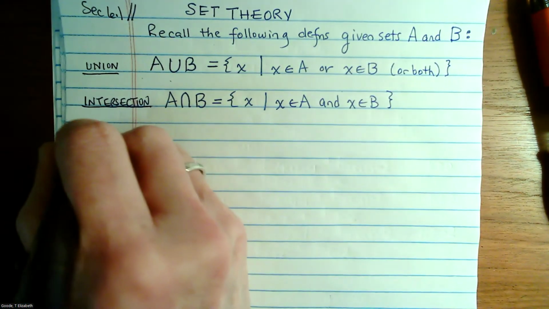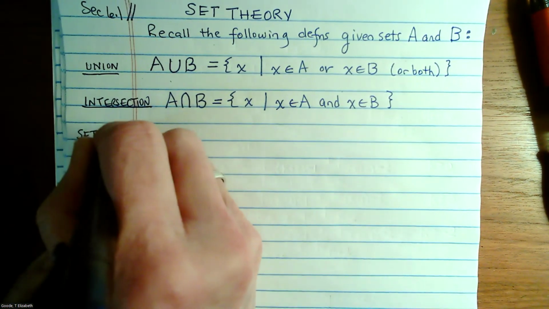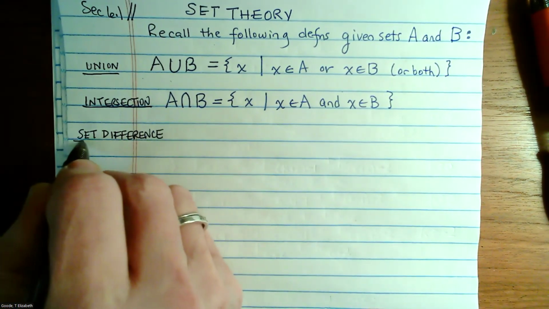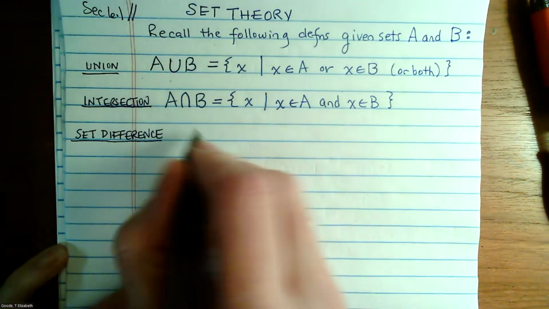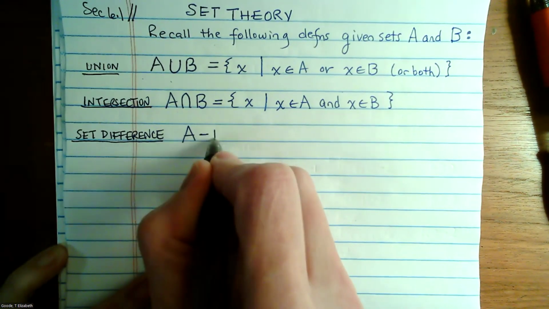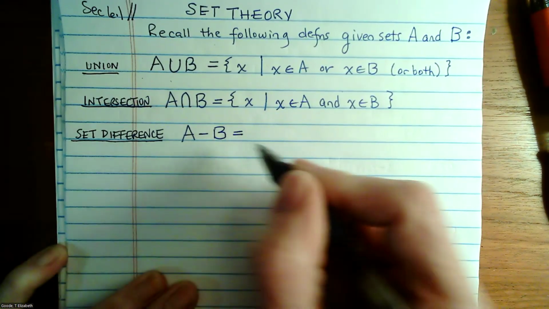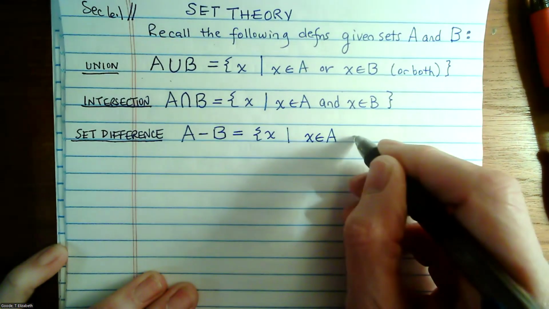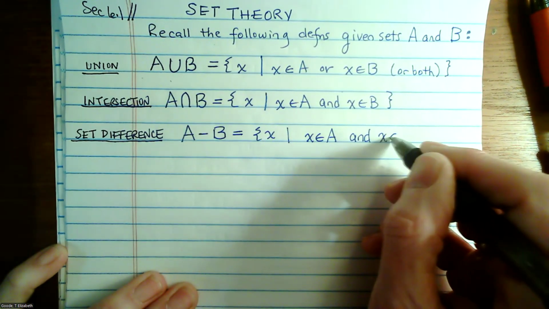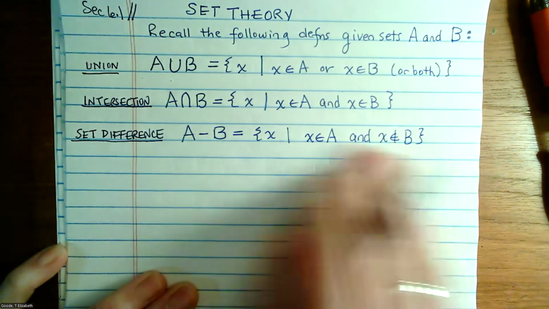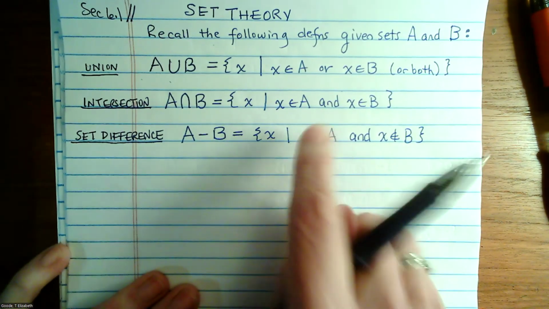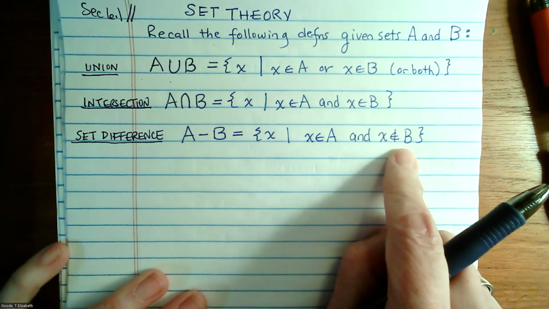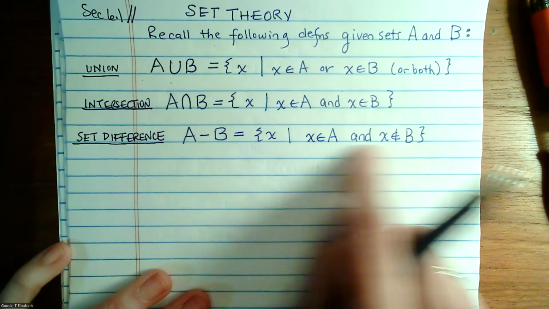And there was also the set difference, same with the intersection, of course. I won't go through that and bore you, but I think you can see what I'm saying. We just negate our definitions if we want to know what it means for X to not be in one of these sets. Do you remember what A minus B is? It's X such that X is in A and X is not in B. And so our algorithm to find A minus B was start with elements that are in A and then literally subtract away any of those that are in B